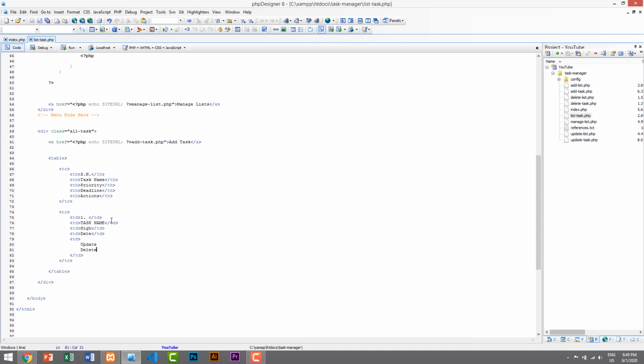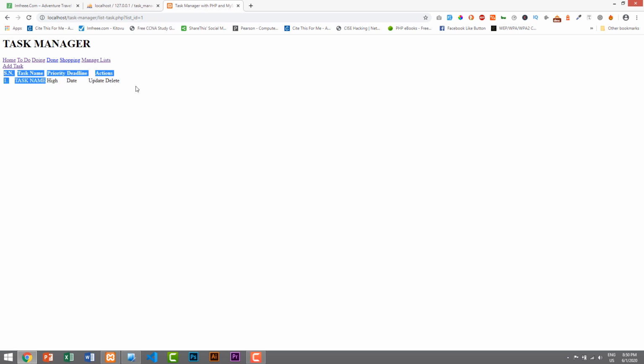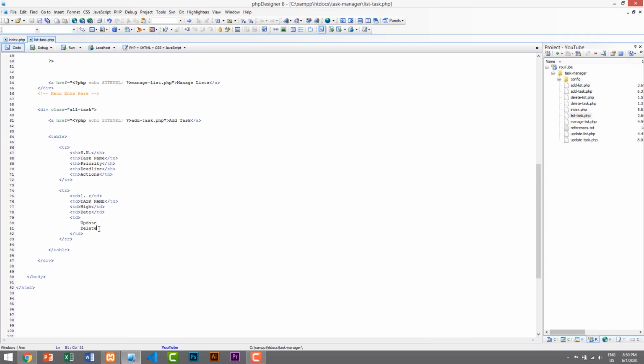Now let's save it and check the browser. Let's refresh the browser, and let's click on one of the lists, and here we have our page. Now we need to work on displaying all the tasks based on our selected list. So let's do that. Let's go here, and here we will create PHP,